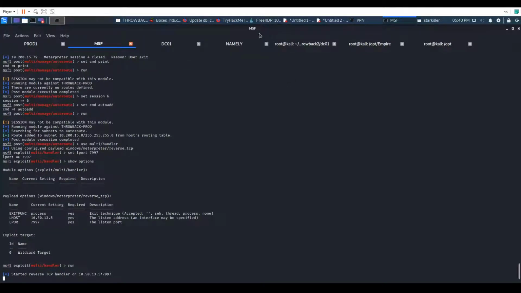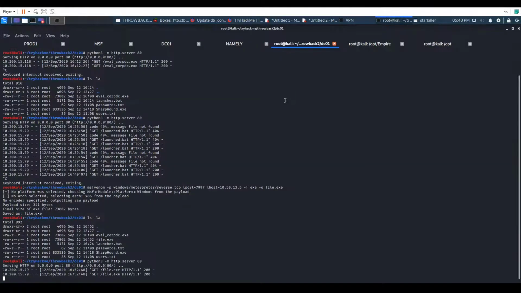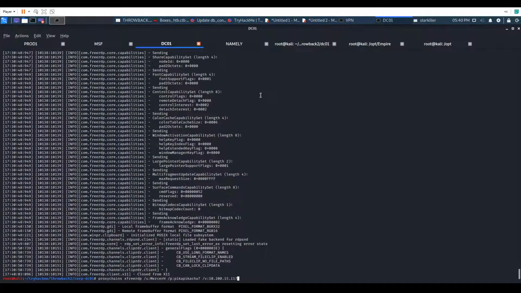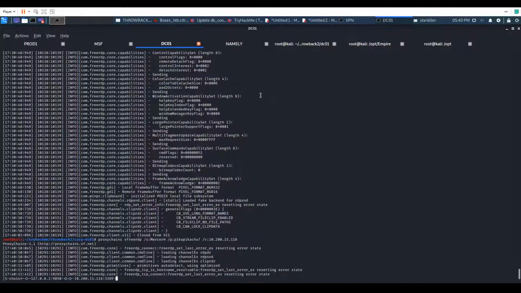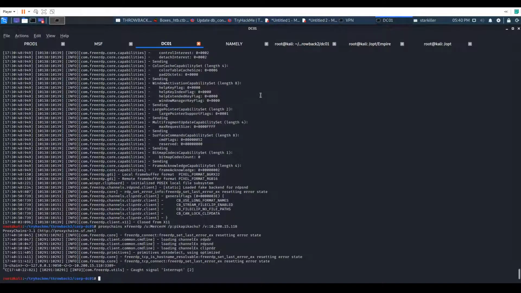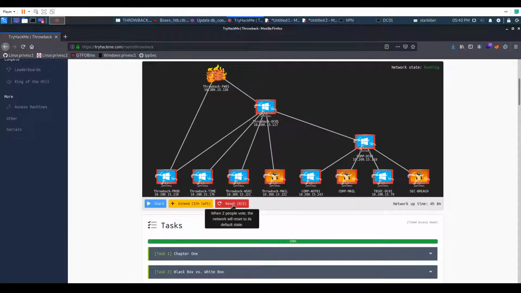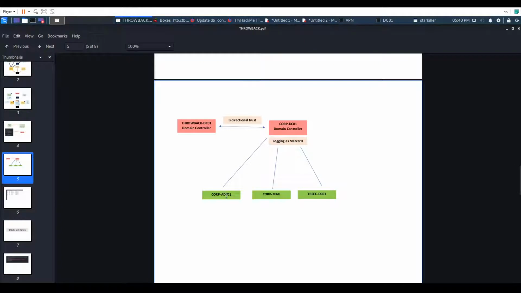Actually, no, it will not work. It will not work that way. Actually, there is a chance that there is something wrong with the network right now. So I requested to reset it. But anyway, because it's getting late here, like quite late, I'm going to give up on this one, because